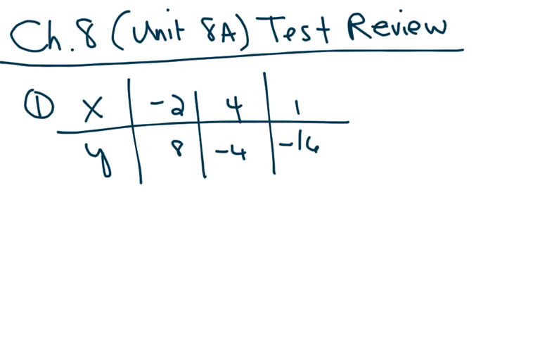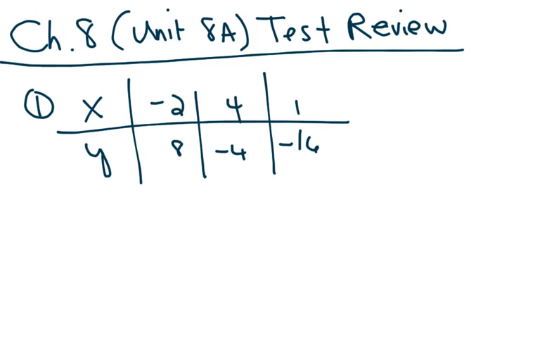This is the Chapter 8, Unit 8A test review, which encompasses sections 8.1, 8.2, and 8.3. Problem 1 on the review packet asks you to describe the relationship between the values in the table as either direct variation, inverse variation, or neither, and to write an equation to model it, basically, if it is direct or